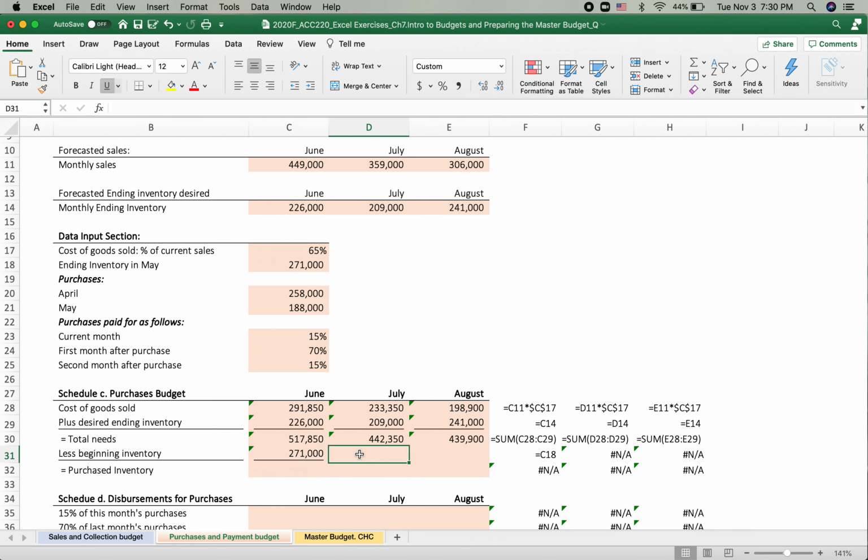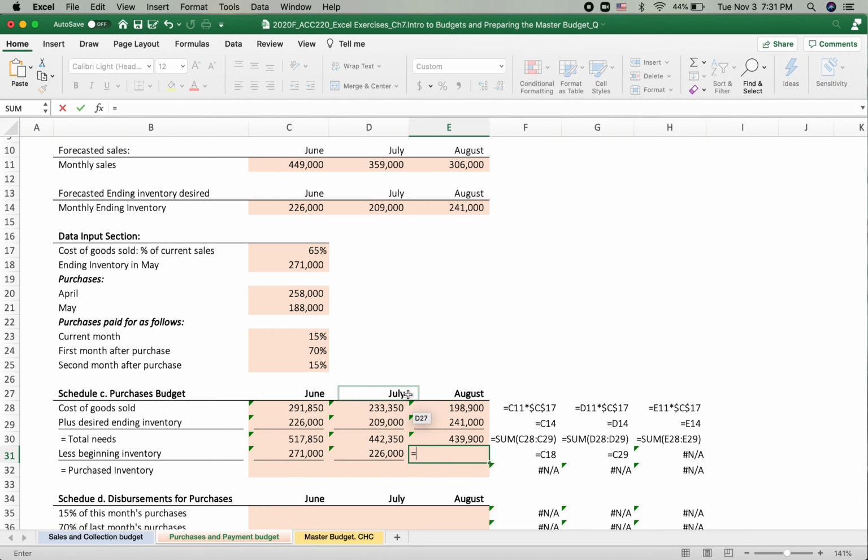Then from July now, you may already notice that, right, that is June. The June desired ending inventory is the beginning inventory of July. The same way, the beginning inventory of August is the ending inventory of July. So